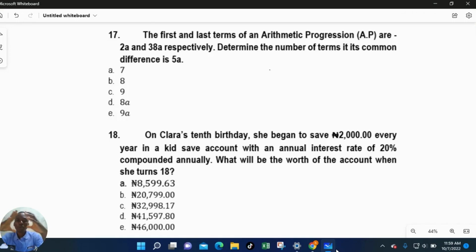In our video tutorial for today, we are going to look at the arithmetic progression. Now we're also going to look at the question on compound interest. But because these questions are going to be so lengthy, we are going to look at the solution to the arithmetic progression first. Then in our subsequent video, we'll look at the solution to question 18, which is going to be a question